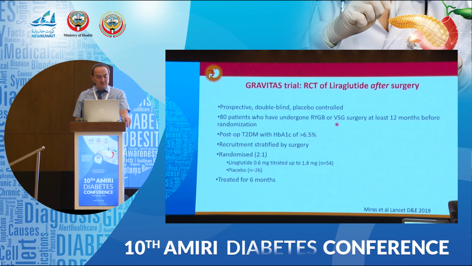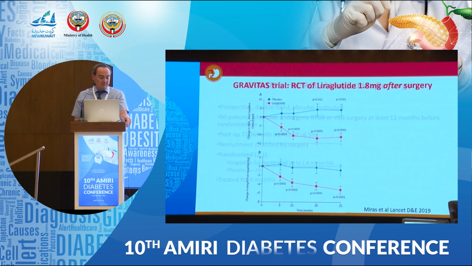Let's move on to this, just the data. You knew I was going to present this. This is the only randomized controlled clinical trial we have on the use of liraglutide 1.8 milligrams. I'm showing this because it is specifically for people with diabetes. We used liraglutide 1.8 milligrams in people who had not achieved remission after sleeve or bypass, a double-blinded randomized study versus placebo. And what we find, this is why I was asking you earlier on, is that